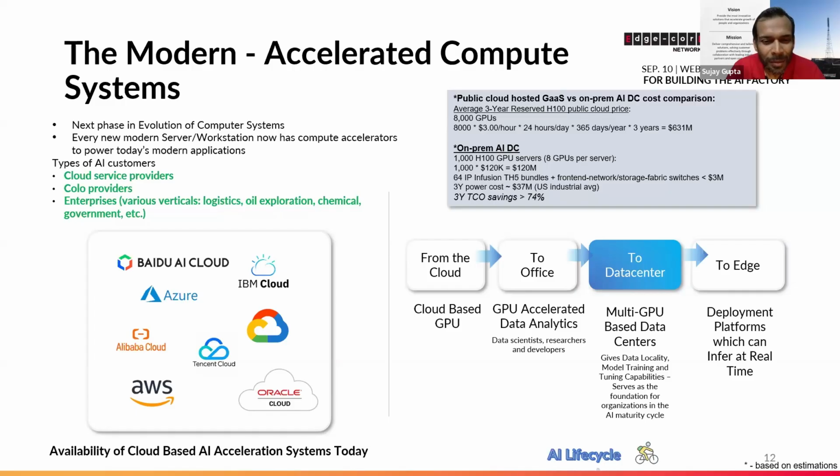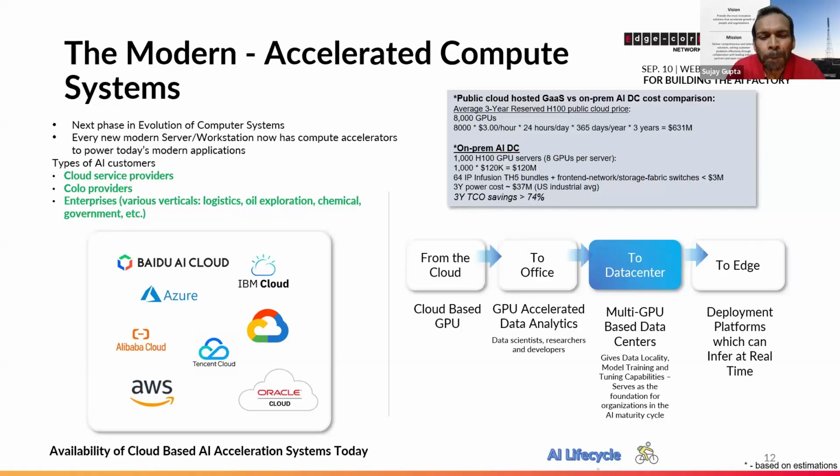So that is an important phase, making a data center of your own. And we have seen this already happening with some cloud service providers. We're working together with IP Infusion, colo providers, as well as enterprises who work in logistics, oil exploration, and different core sectors. So they are actually building data centers of their own and running